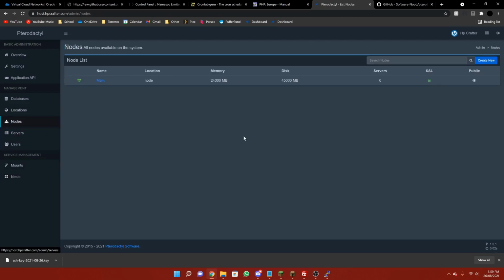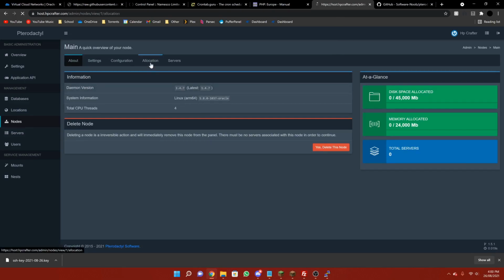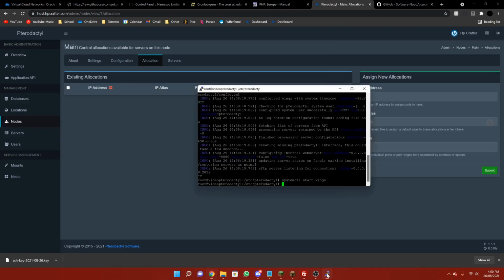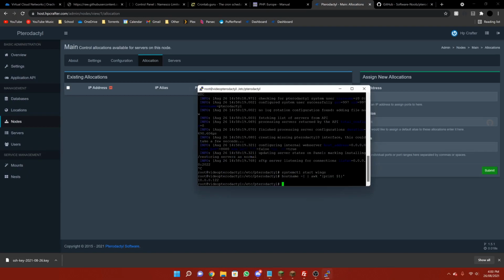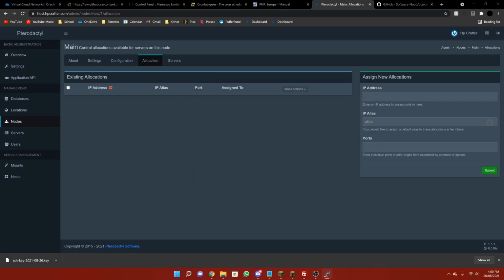And now if we come back into nodes, into our main node, click on allocation, come back in here, and then we've got a command to run, which will tell us what we need to put as the IP address. So if we run that, then it will give us this. So copy, and then paste it in there, click on it, give it an alias if you want, you don't need to, and then put the port. This is the port you're going to use to connect to your server with. So for me, 25565, submit,